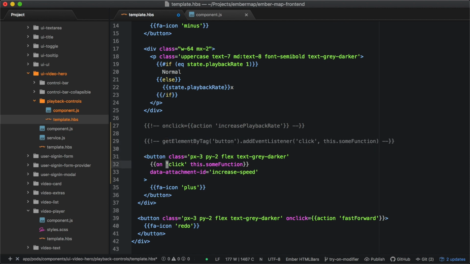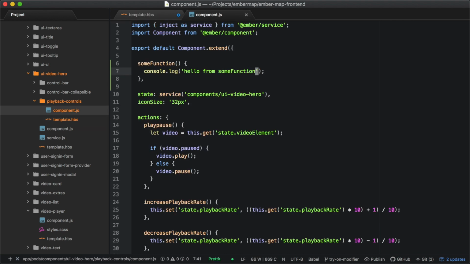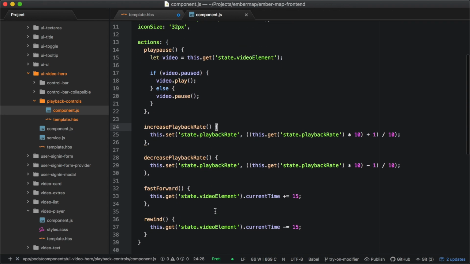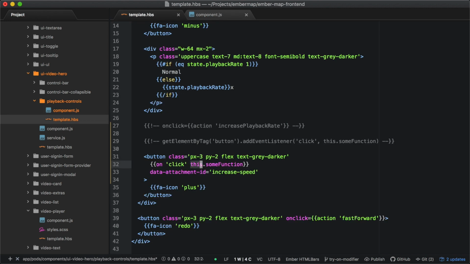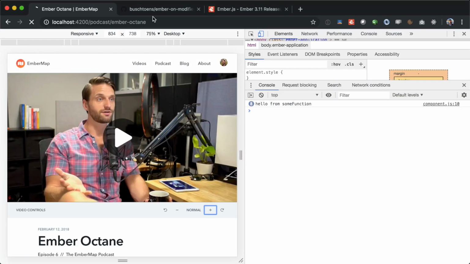All right, so instead of using this some function here, let's come back and try to get our action working again. Now our increase playback rate function is on this actions hash. And you know, this is just referring to that component, our component class right here. So we actually can look that up using this .actions.increase playback rate, and this will be that function. So if we do this and save this and see what happens,